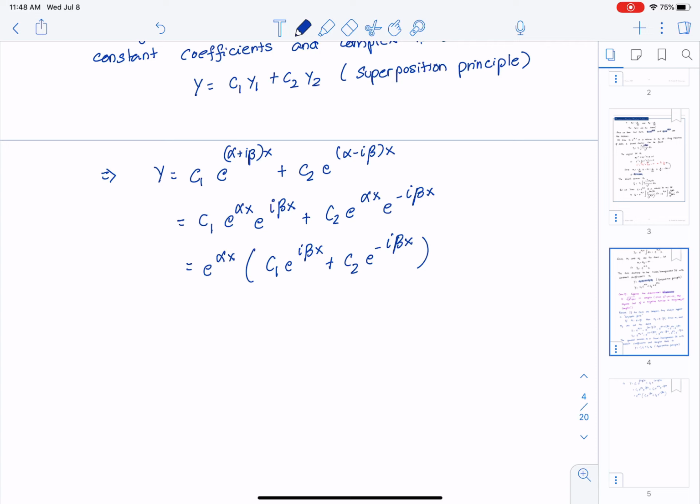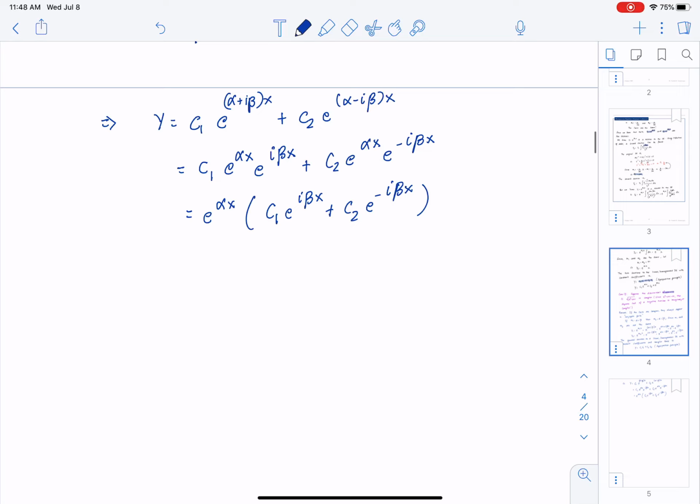We somehow have to get rid of the complex numbers. So for the time being, I'm going to assume c1 and c2 equal 1, and later on I'm going to throw in the constants at the very end. So if c1 and c2 are equal to 1,